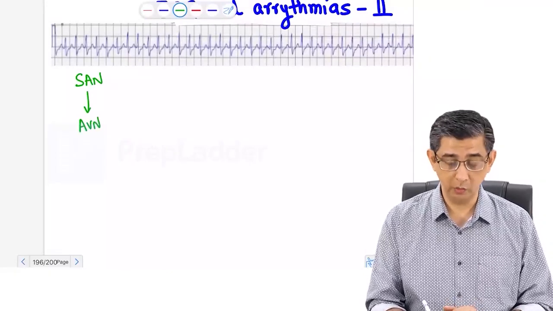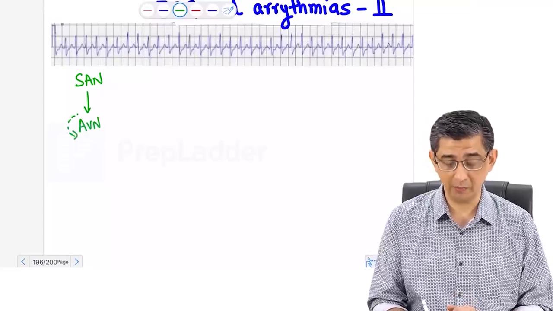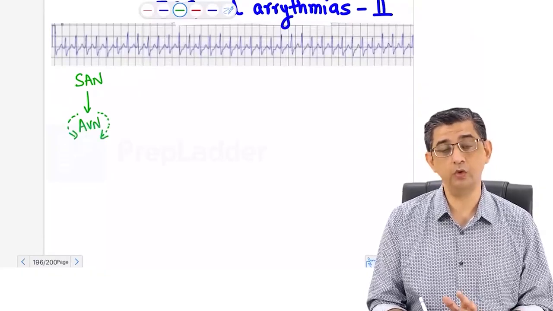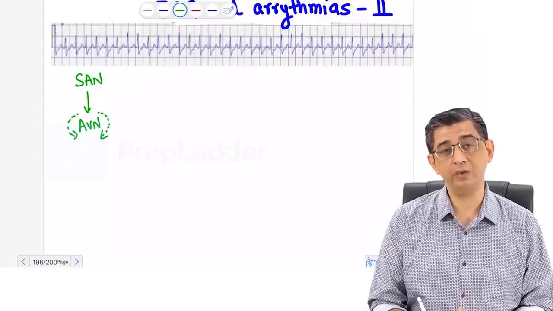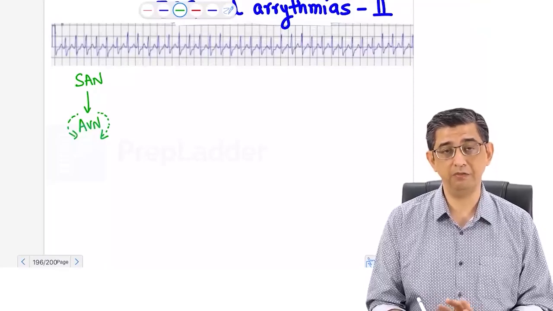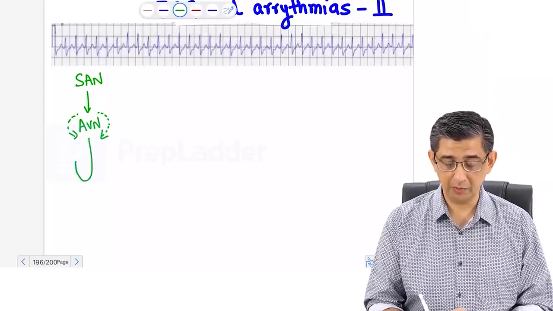You will notice that both sides of the AV node do not have equal refractory period. That's an important point, that AV node is slowly conducting. It has an AV nodal delay of 0.1 second, but I highlight the fact once again that both sides of the AV node do not conduct with the same speed. There's a variation with respect to the refractory periods, but finally this current will be able to hit the bundle